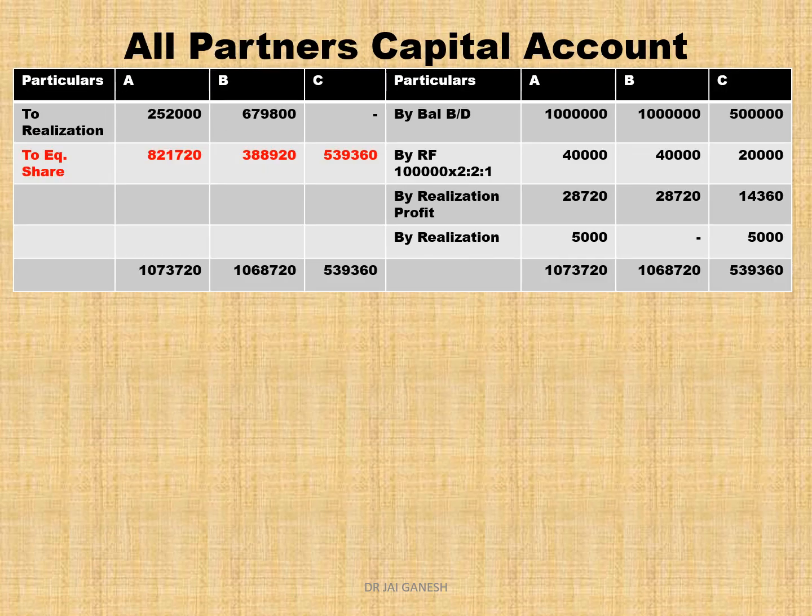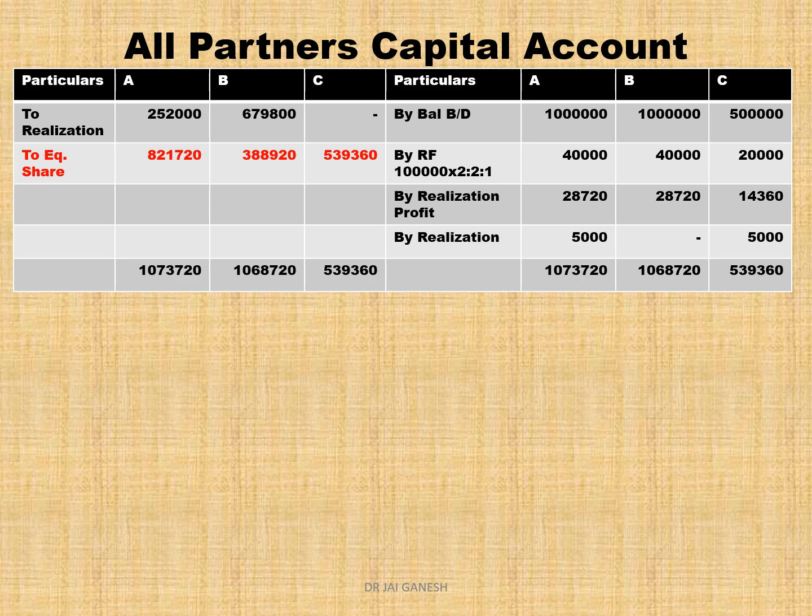Capital account: by balance brought down, bring the capital balances of A, B, C. Number 2, distribute the reserve fund to A, B, C in 2:2:1. Number 3, distribute the realization profit to A, B and C. Number 4, we have realization expenses. A paid 5,000, C paid 5,000. B did not pay, so B column is a dash. On the debit side you write to realization.